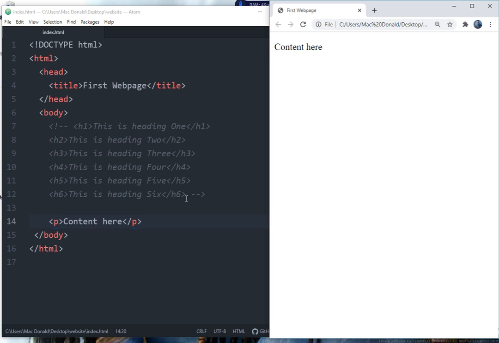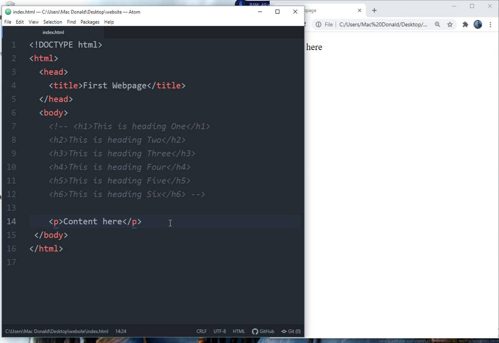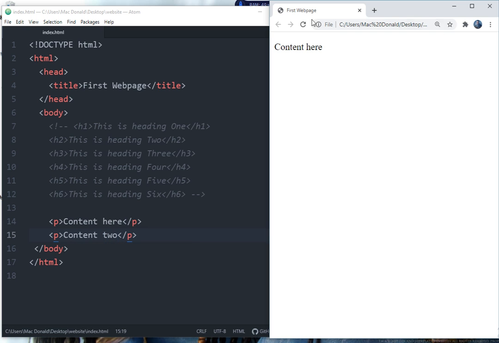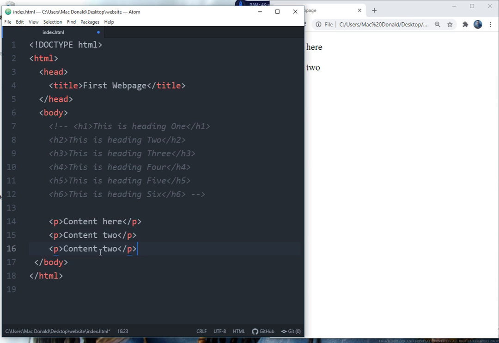Now say, for instance, let's have another paragraph. P, content 2. Now it starts on another line, right? So you can also have another paragraph. I copied and pasted this paragraph 3,